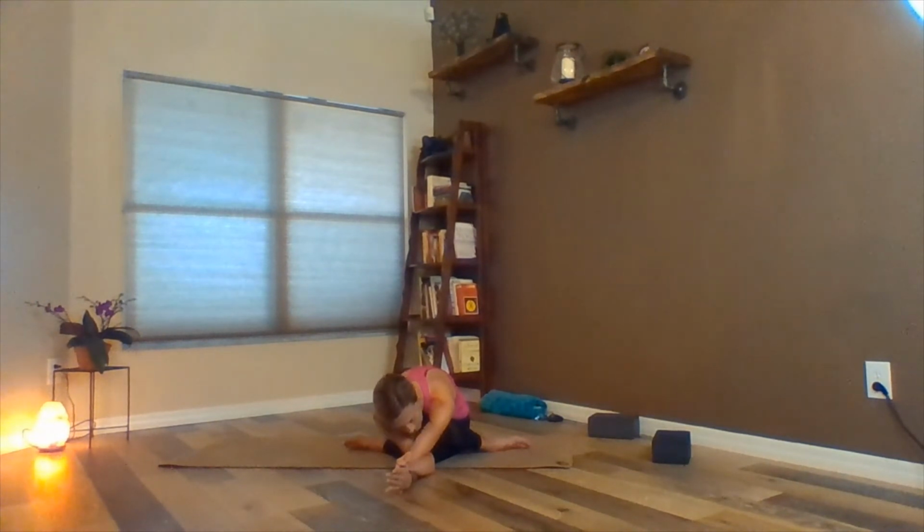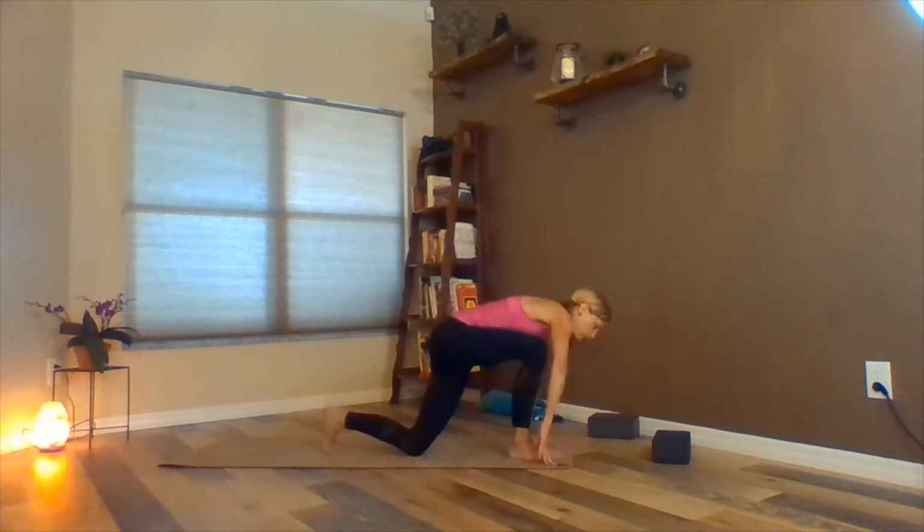Just a couple more breaths here. In and out the nose, feeling that beautiful stretch. And then start to release your arms, come all the way up. End up in a lunge pose, right foot forward, so pull the belly in as you transition into lunge pose,